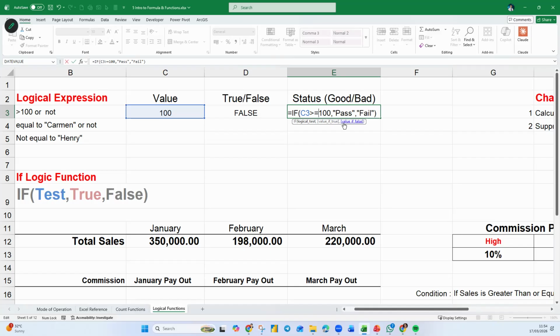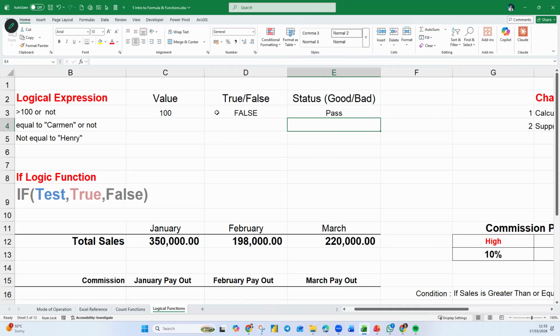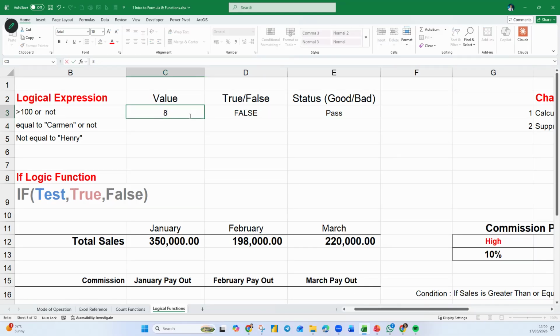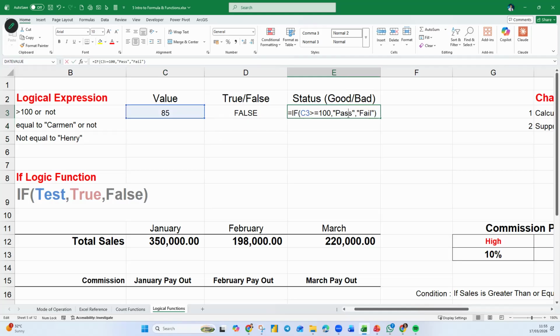Okay, this is very useful for you as a teacher. For your student, you want to make sure that they achieve 80 and above is considered pass, or anything less than 80, they have to resit. Okay. So this one is pass. Even if they score 85, still fail. Maybe you don't want to use such a harsh word as fail.